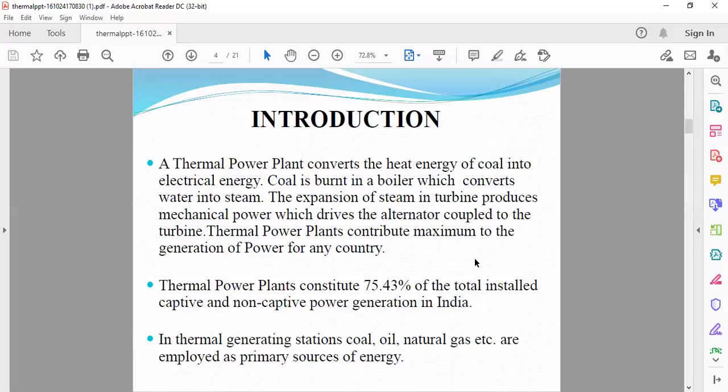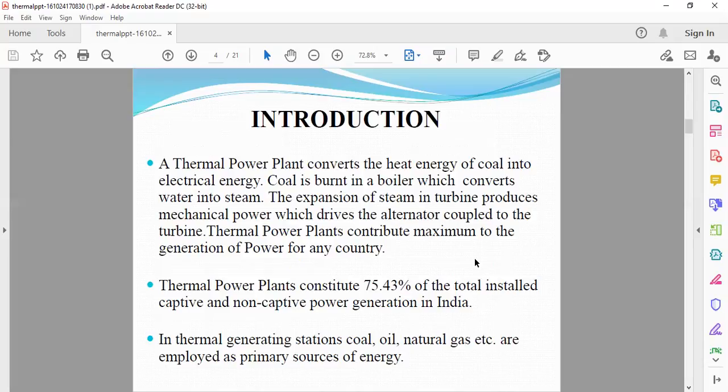So in a coal thermal power plant, the steam is produced at high pressure in the steam boiler due to burning of fuel. This steam is further superheated, and the superheated steam enters the turbine and rotates the turbine blades. The turbine is mechanically coupled with the alternator so that it rotates with the rotation of the turbine blades. After entering the turbine, the steam pressure suddenly falls, and as the steam pressure falls, the corresponding volume of steam increases.